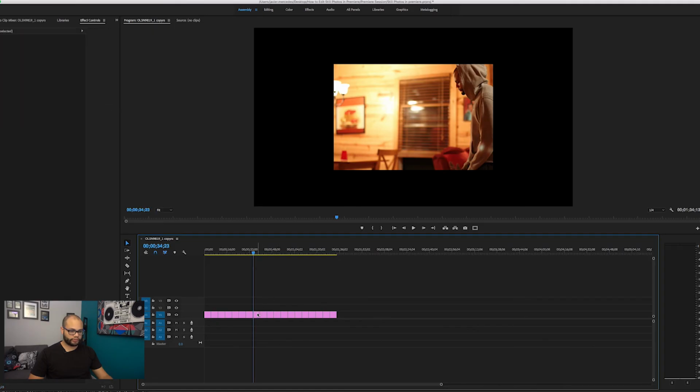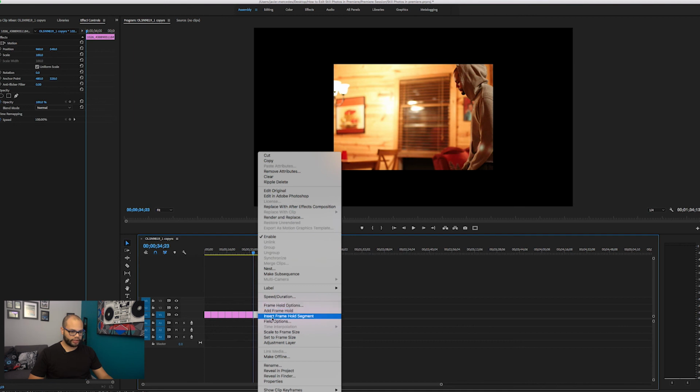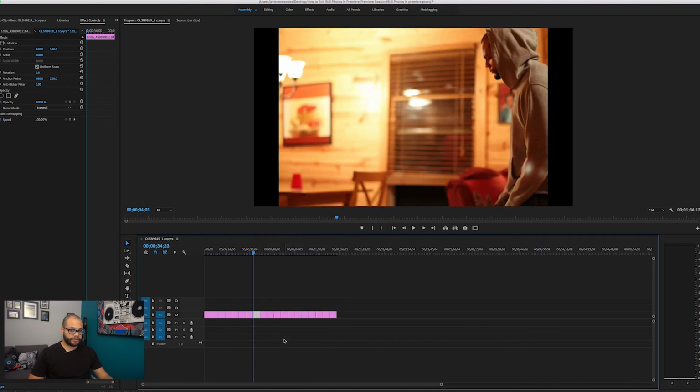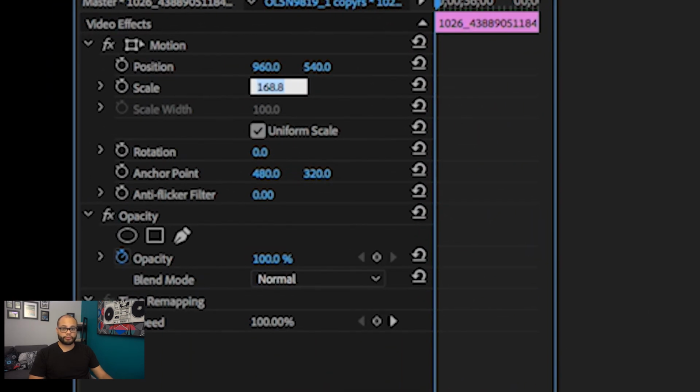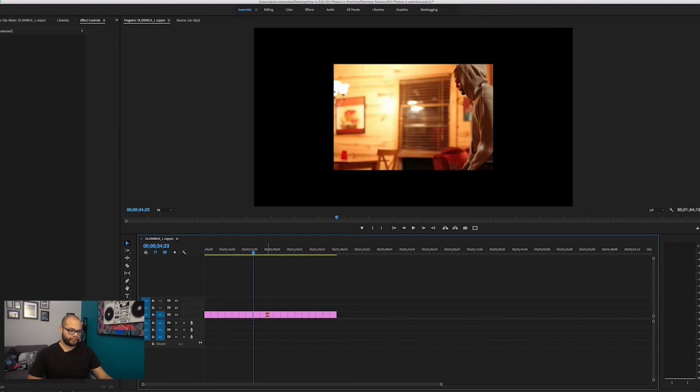Let me undo that. So if I come back to it and then hit set to frame size, now it scales it, and it looks exactly the same on the screen, but if you look up here, your scale is actually representing what the physical scale is from the original photo. So it started at 100 and then it went to 168.8. What I like to do most of the time is just sit here and then